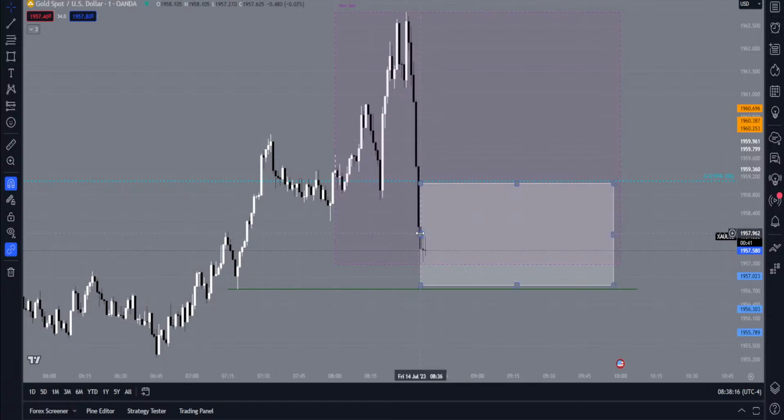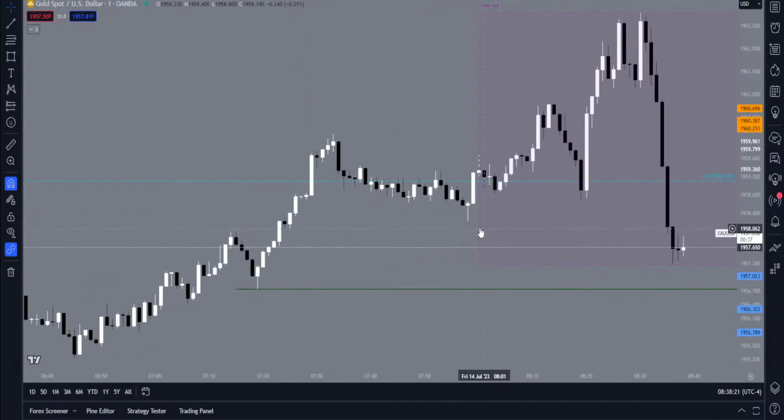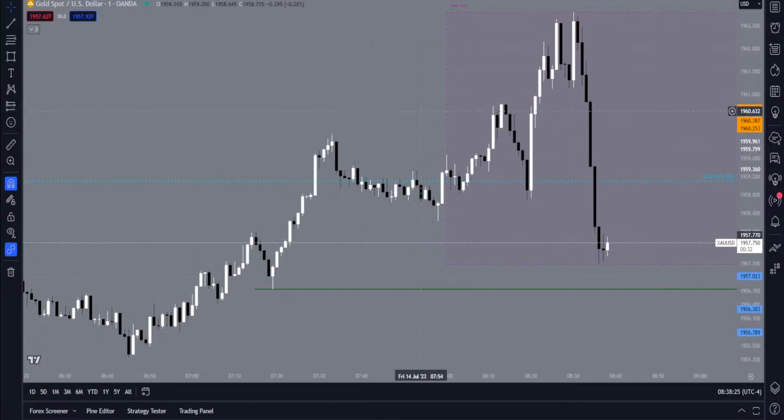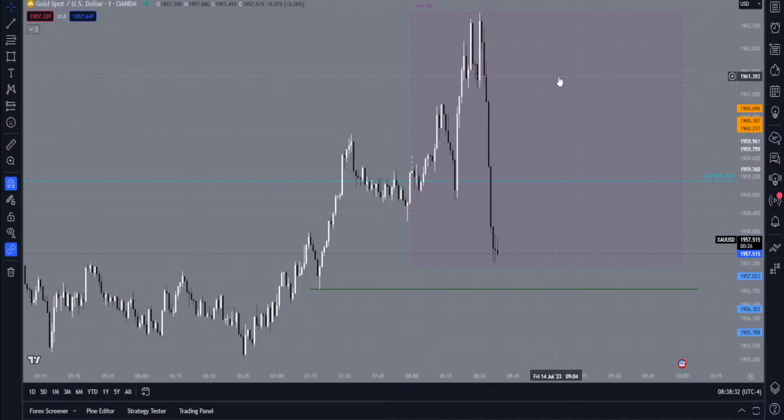Let me go ahead and just remove this box. Keep my charts as clean as possible. This purple background that you see is the New York session. So I have a session indicator that has a different background from 8 a.m. to 10 a.m. Okay, that's the only difference, and I use it mainly for when I'm back testing, so I don't have to manually look where 8 a.m. is.